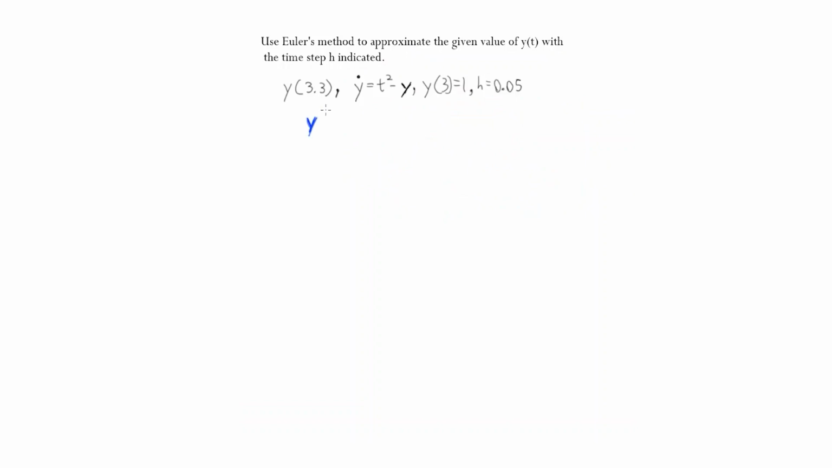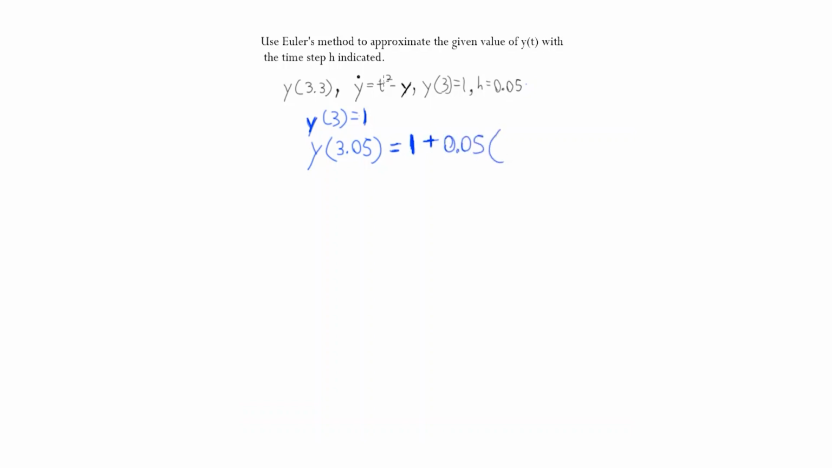So we always start from the given, y of 3 is equal to 1. That's our starting point, and then we take one step. We add 0.05 to that 3, so y of 3.05 is our next step. Taking the equation from earlier, we plug 1 into the y of k minus 1, the previous y term, and then you add that to the h value,